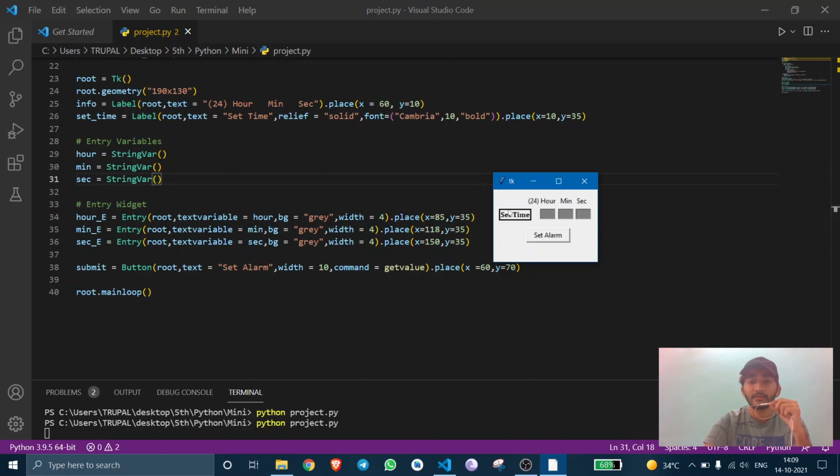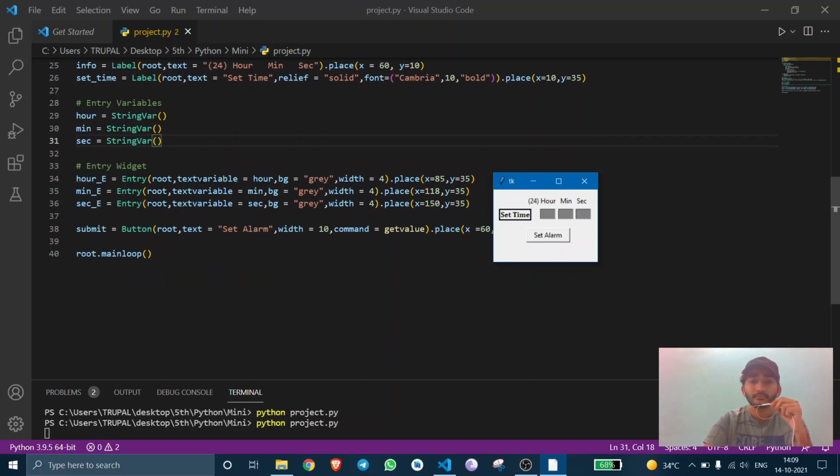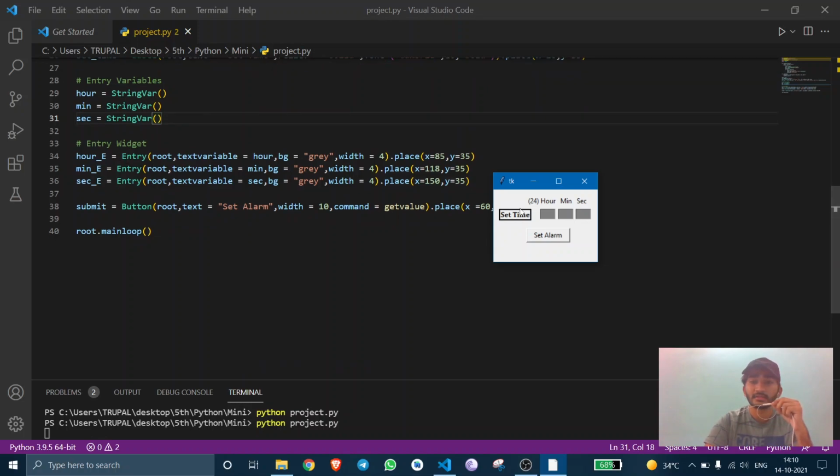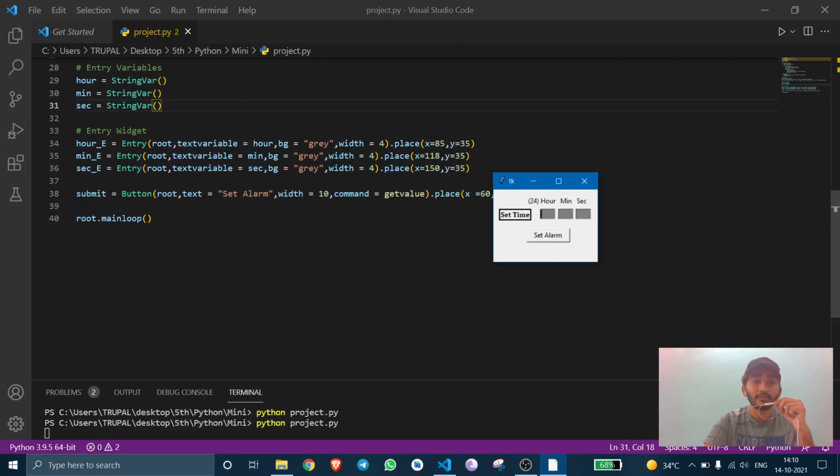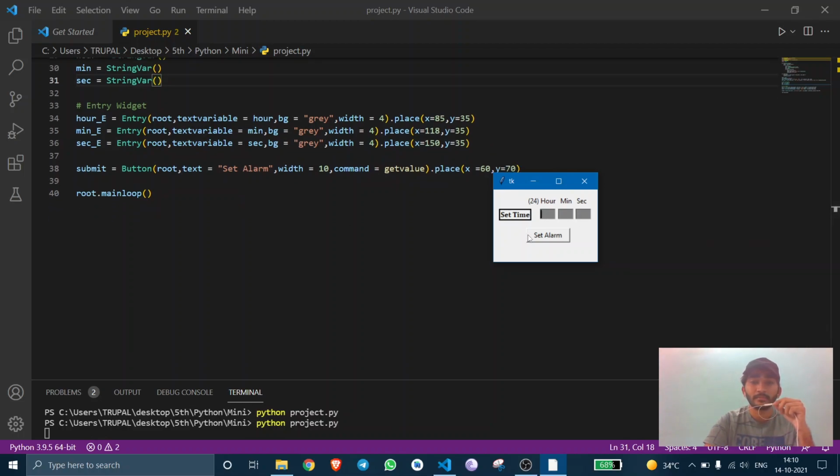These are hour, minute and second. Basically we can enter the variables and these variables are getting the value. Then these are the widgets. You can see the blank screen, these 3 for entering the time. This is the hour, minute and second. We are defining where we will be getting these values. This grayish color with this 4 and x and y coordinates of where we want to place this under hour, minute and second.